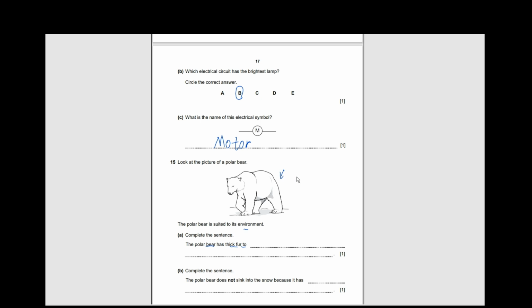polar bears are found in countries such as Greenland. So it is very cold there. So in order to keep their bodies warm, they have thick fur. So we can say that it keeps them warm,